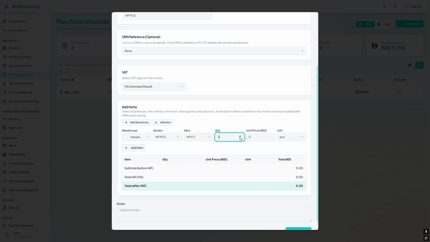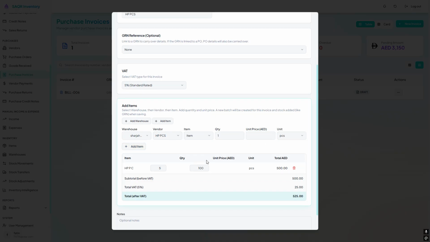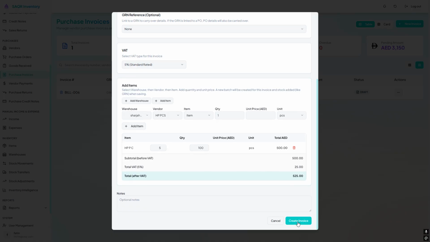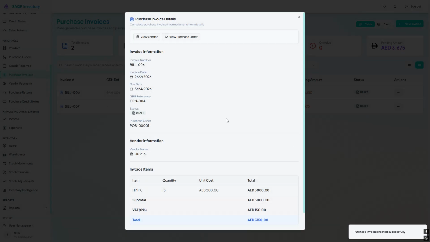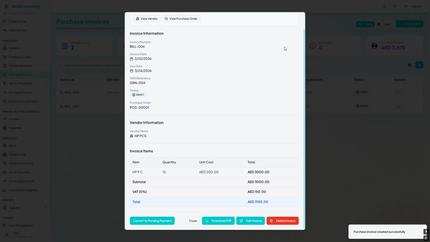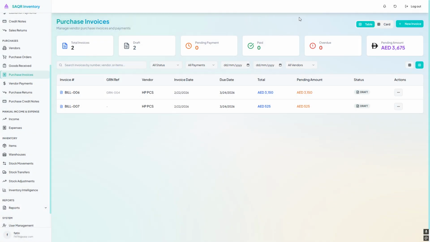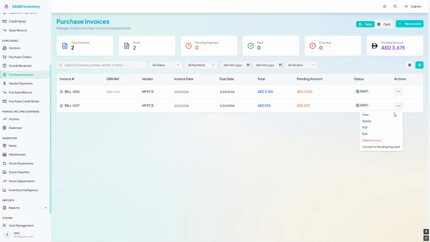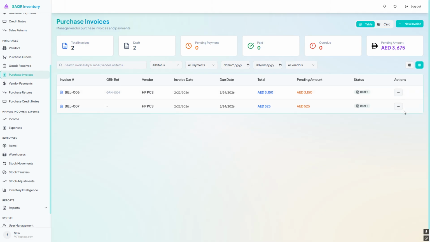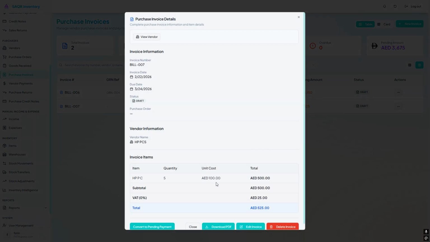We're going to choose the quantity, how much we're buying, 5, and we're going to buy it for, for example, this batch we're going to buy it for 100, you could say. So unit price, add item, and for example we create this invoice, it gets created and it gets shown here. Now for example we go into here, view details, you can see here the unit cost, the total, subtotal,